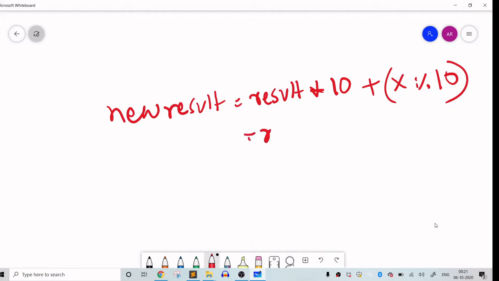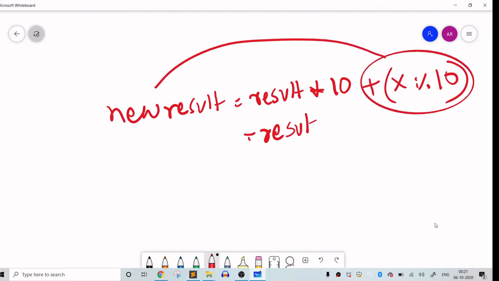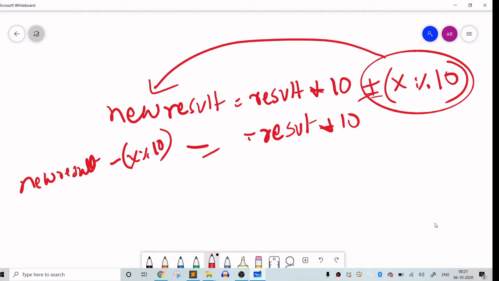This result I keep here, this entire thing I bring to the left, so this plus becomes minus. So new result minus x mod 10, and this was multiplied by 10. When I bring this 10 to the left, the whole thing gets divided by 10. So this will be the result.